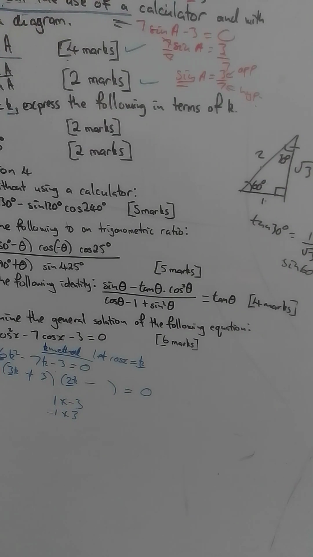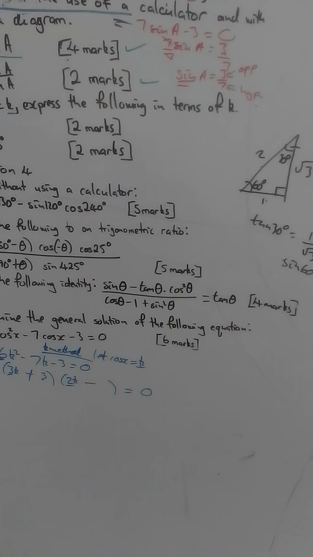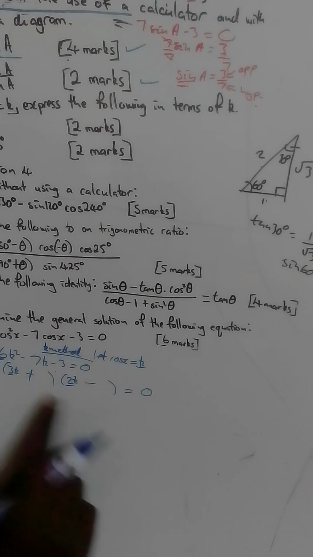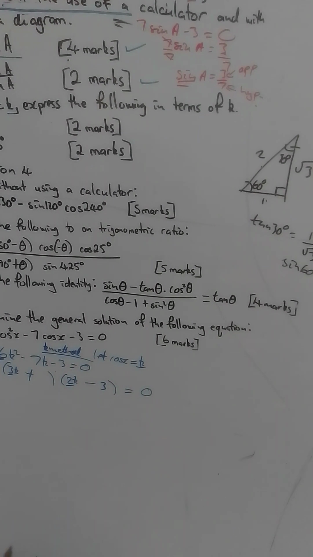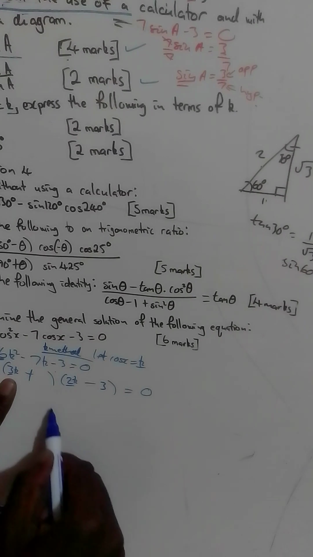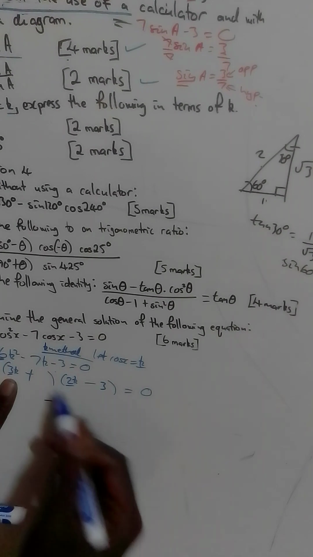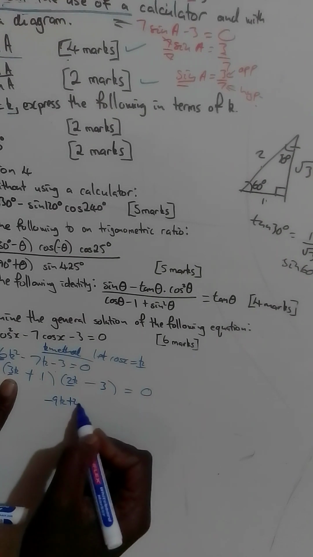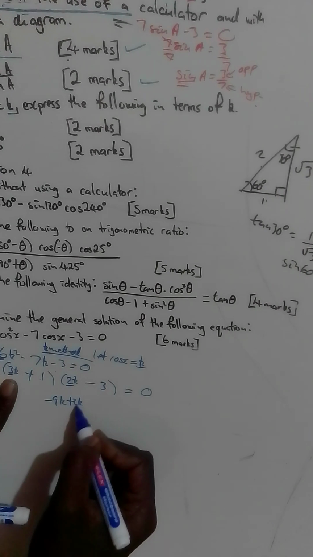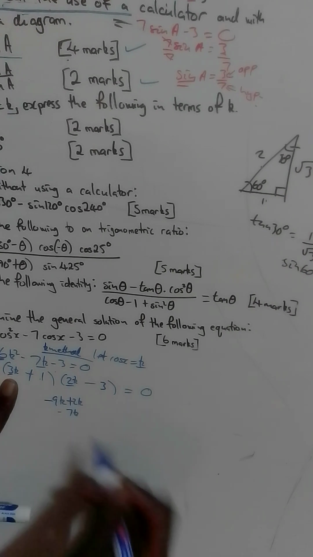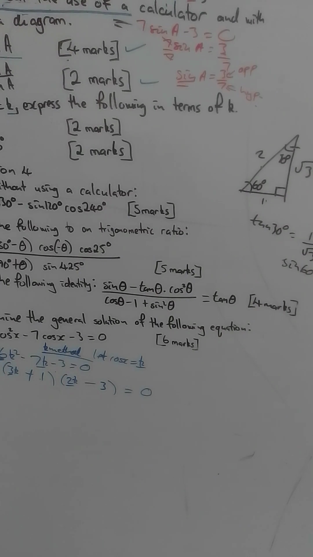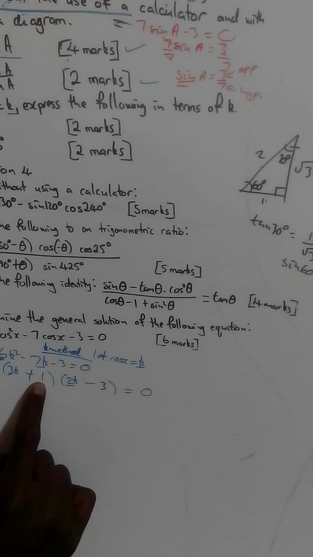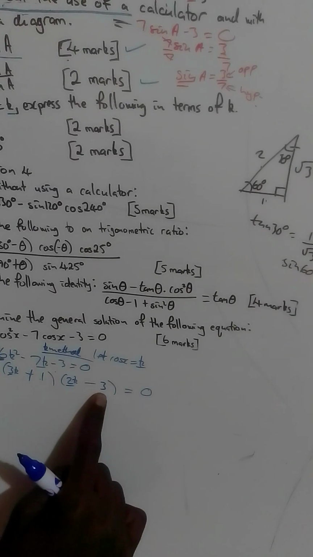All right. Okay, so let me try and put a negative 3 here. If I now say positive times negative, it gives me a negative. If I say 3 and 3, it will give me a 9k. If I put a positive 1 here, 1 times 2, it will give me a positive 2k. And negative 9 and 2 will give me a negative 7, which is what I have here. Okay, so it's fine. So, all right, now I've got 3k plus 1 and 2k minus 3